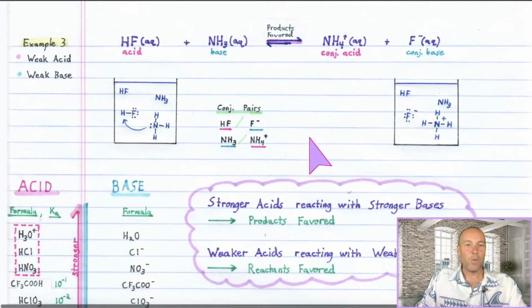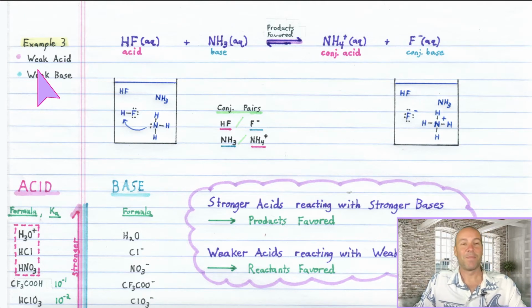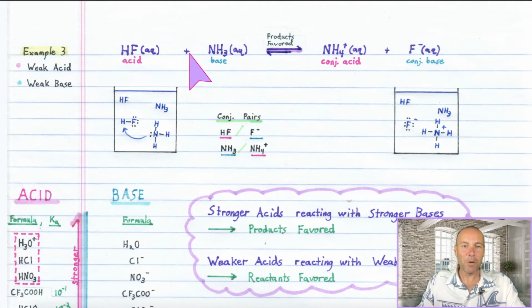In our third example, we see what happens when a weak acid reacts with a weak base. So maybe you can predict what happens this time. You have even less reaction proceeding because both of them are weak this time. For our weak acid, we select hydrofluoric acid, and we'll stick with ammonia for the weak base again. These are both weak, and so they